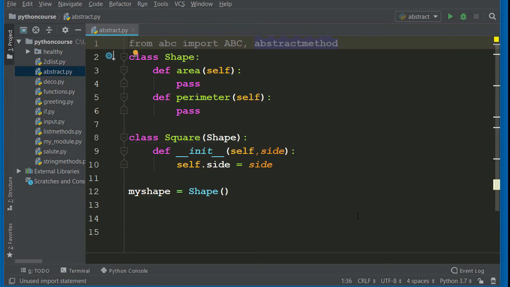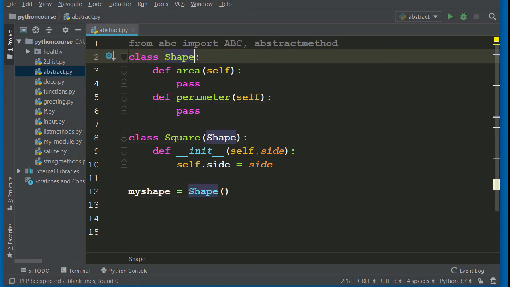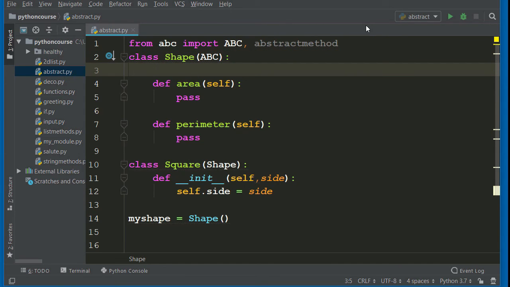Next thing we want to do, we want this parent class called Shape to inherit from the module ABC. So just here before the colon, we add the parentheses, and inside the parentheses we type in ABC, which stands for abstract base classes. In order to implement